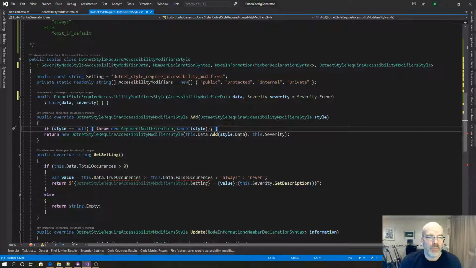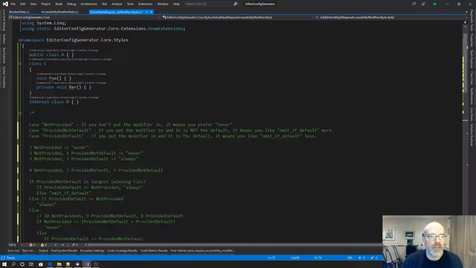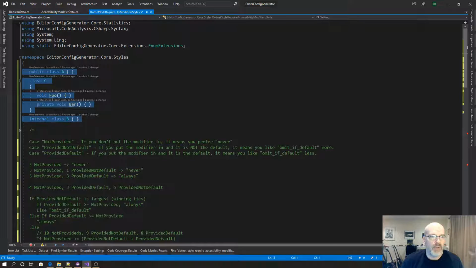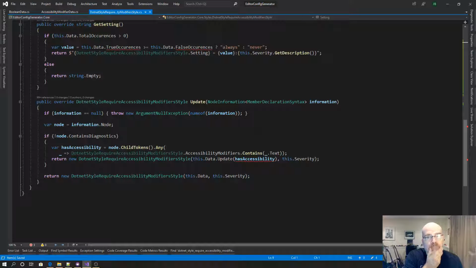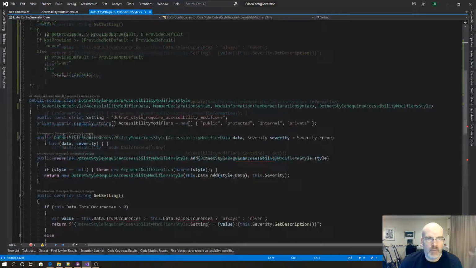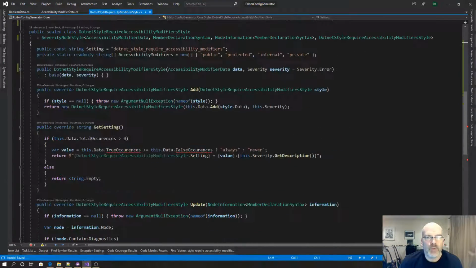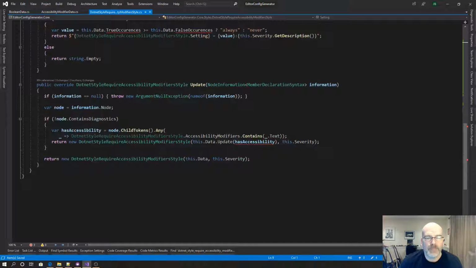And then the get settings. Okay, so we're getting there. We're getting there. Take that out for now, because we don't need that anymore. Alright, so what we need to do here first is say child node, child tokens any. Oh, I see, because you're public, protected, internal, private. Okay, so if it contains,